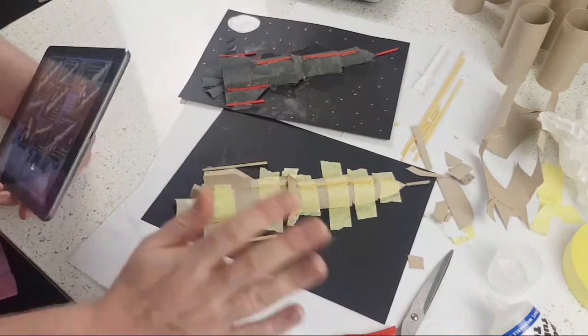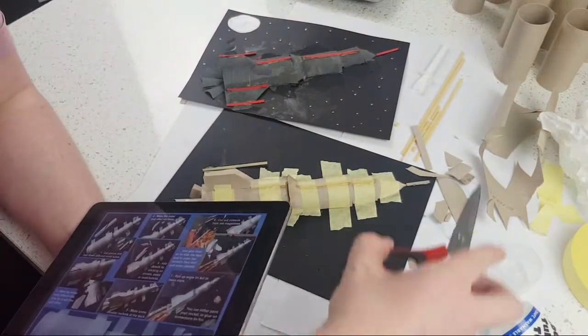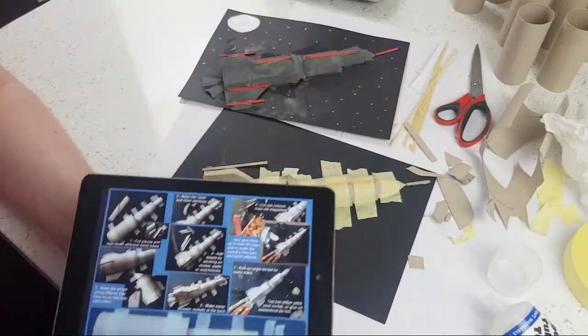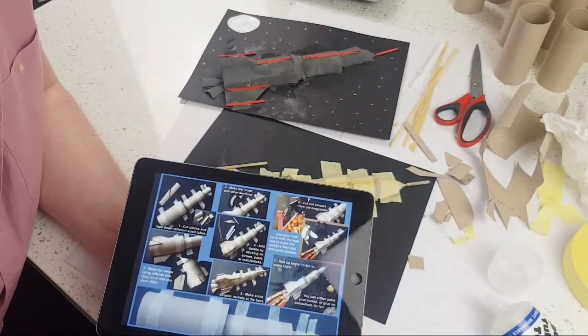So I'm not going to decorate mine, okay, because there are lots of different ways you could do it, and if I did, I'm sure everyone would probably do it the same way as I did it, and I want you to do it in your own way and obviously save time. But what I am going to do is I'm going to show you a few more of the things